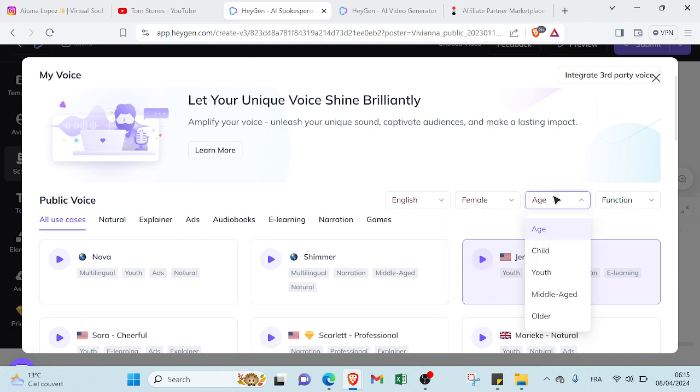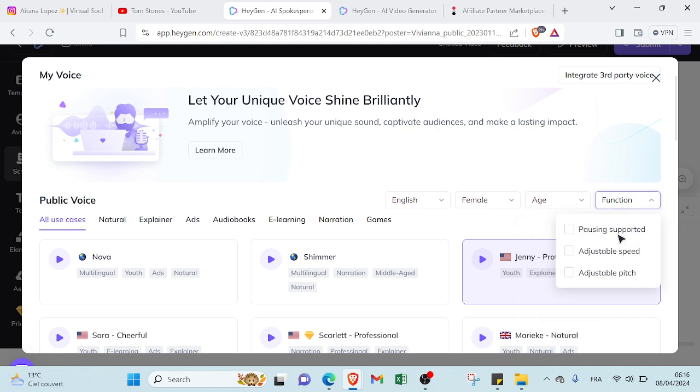Here we have the age, if you want a child voice, youth voice, middle-aged voice, or older voice, and function. Here we have if you want pausing supported, adjustable speed, or adjustable pitch.